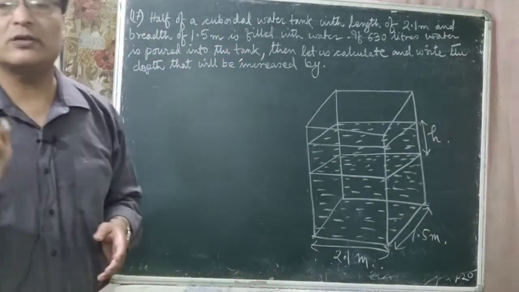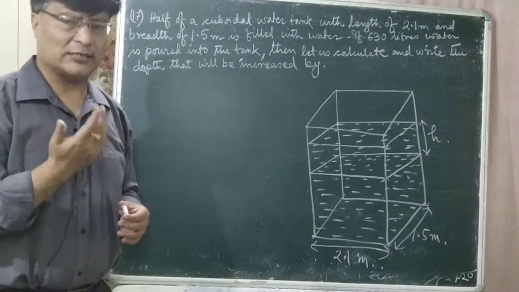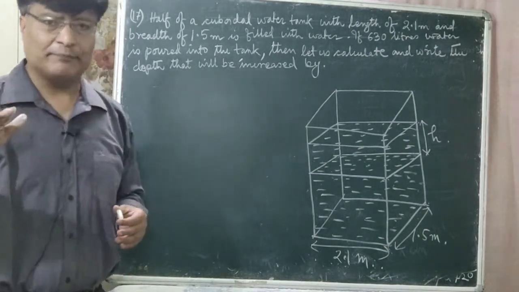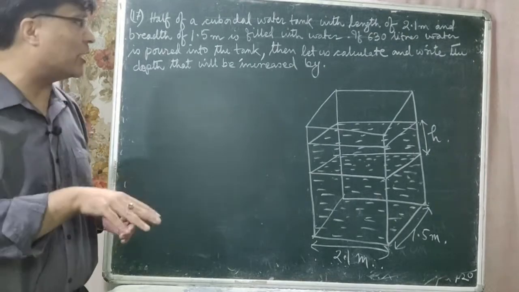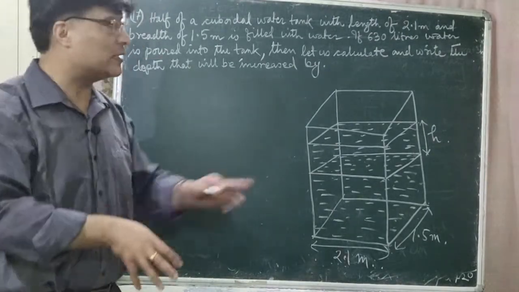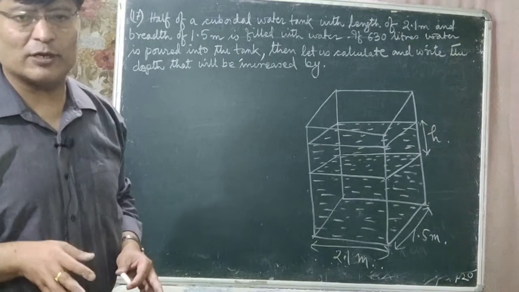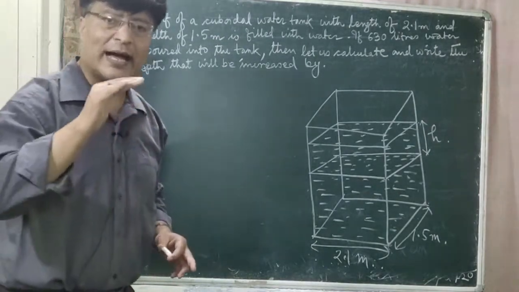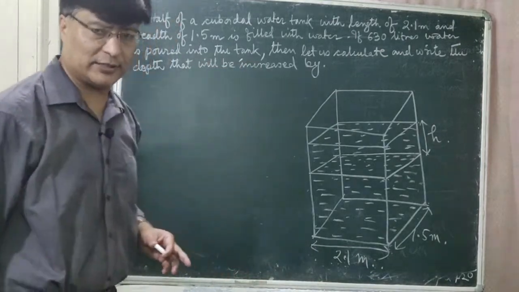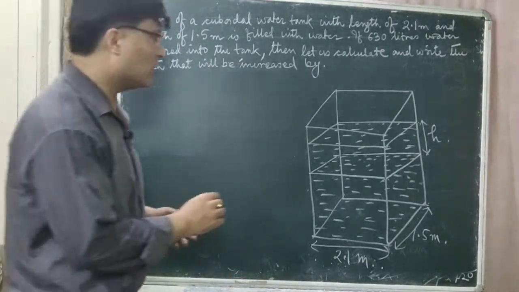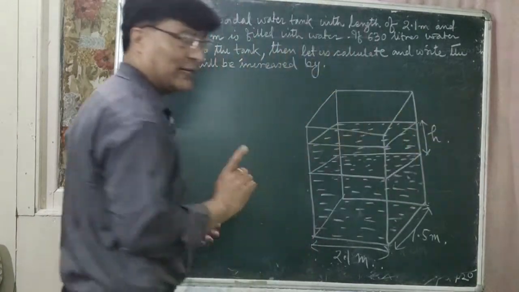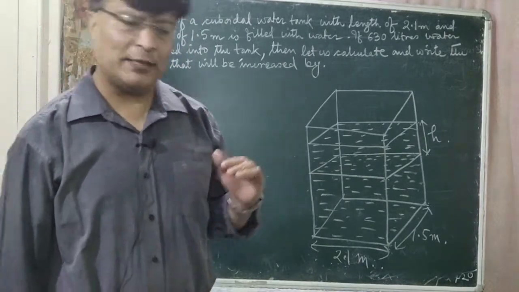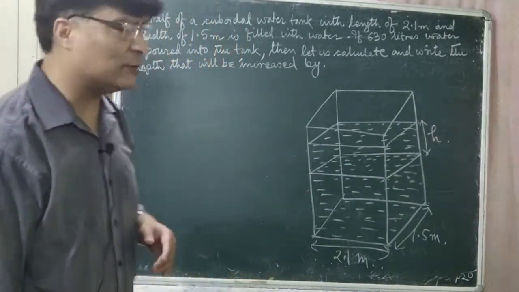त्यो ट्याङ्की भित्र कति लिटर्स पानी हालिँदैछ? अब 630 liters हालिँदैछ। Already it is half filled with water पहिला। आधी ट्याङ्की चाहिँ पहिला नै पानीले भरेको छ, फेरि त्यसमा अझै पानी थपिँदैछ। कति थपिँदैछ? 630 liters of water थपिँदैछ भनेपछि नेचुरली height of the water level will be increased. Is that clear? कतिले इन्क्रिज भयो? मैले h मात्रै लेखेको छु, अहिले युनिट लेखेको छैन। सो 630 liters भन्ने बित्तिकै हामीले के बुझ्छौं? 1 cubic decimeter is equal to